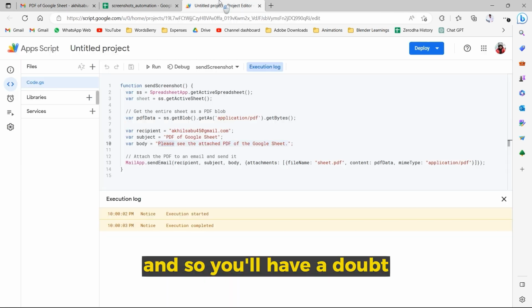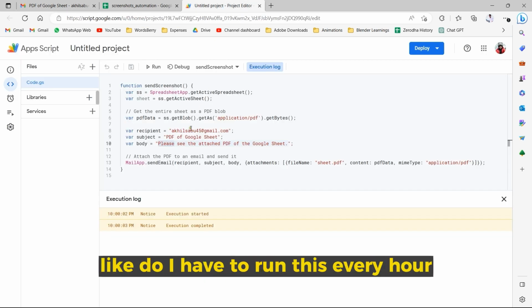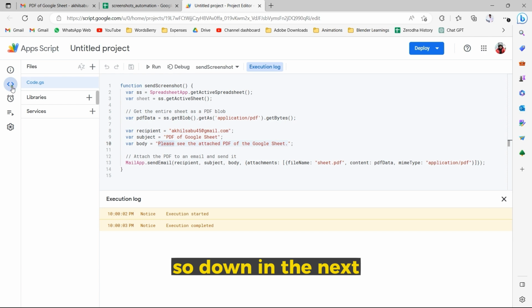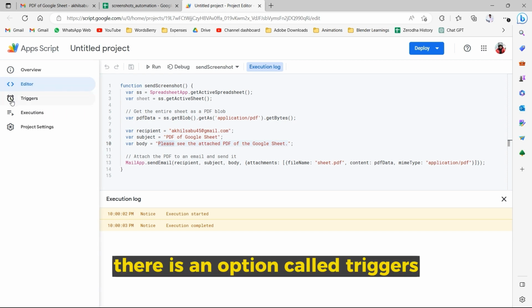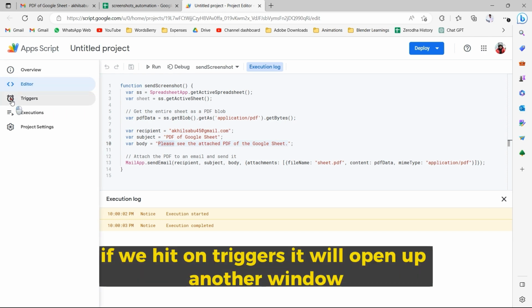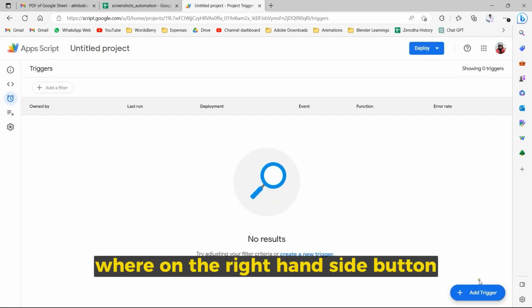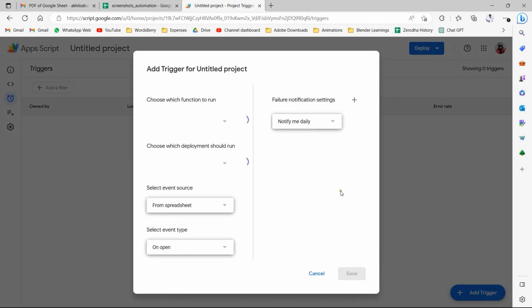And so you'll have a doubt like, do I have to run this every hour? Then what is the use? How is it automating? So I'll tell you. Down at the next, there is an option called Triggers. If we hit on Triggers, it will open up another window where on the bottom right-hand side, there's an option called Add Trigger. Just click on Add Trigger,